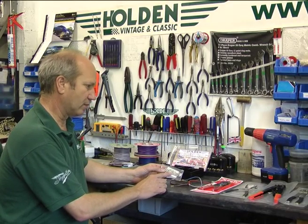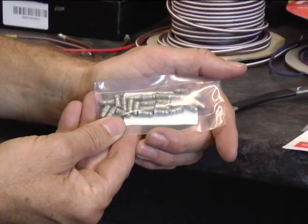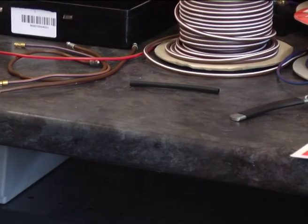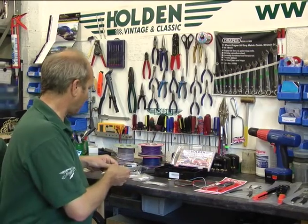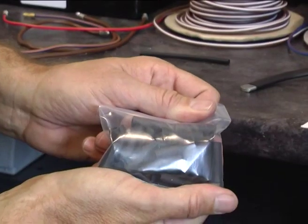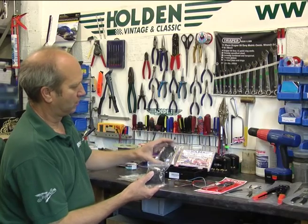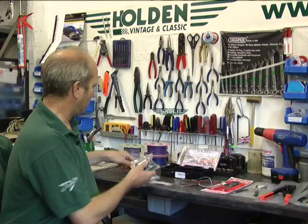These are for crimping, and we'll go on to how to do that. And these are for soldering. Solder ones do any type of wire. The crimping ones are specific to the wire type. These are little packs that we sell, and then the connectors, double ones, single ones, 5 in, 5 out, and we also do